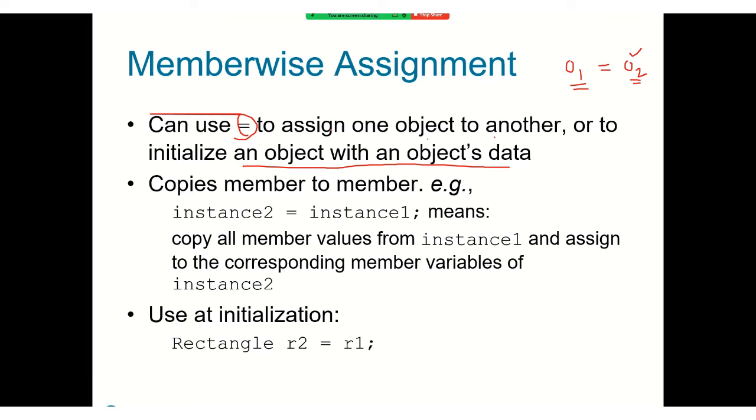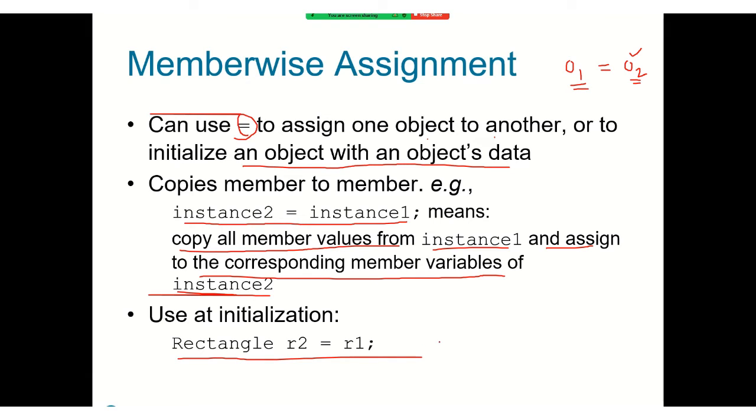So when you do that, it copies member to member. It copies all member values from instance 1 and assigns the corresponding member variables to instance 2. So you can use it at the initialization itself. So let's say